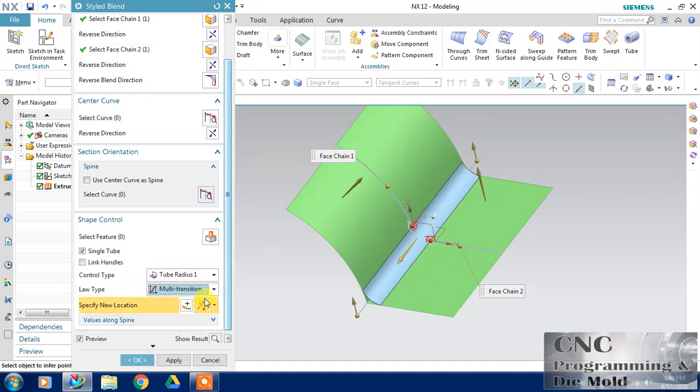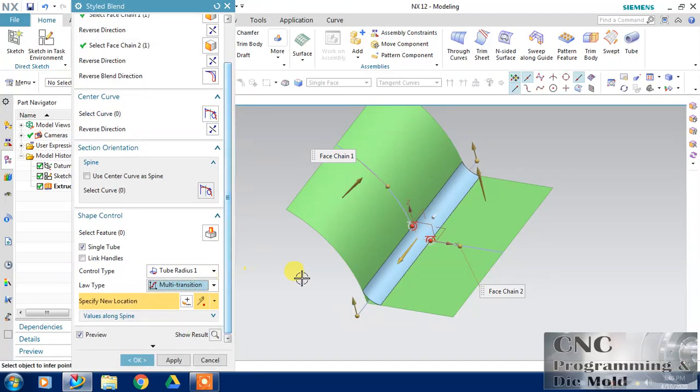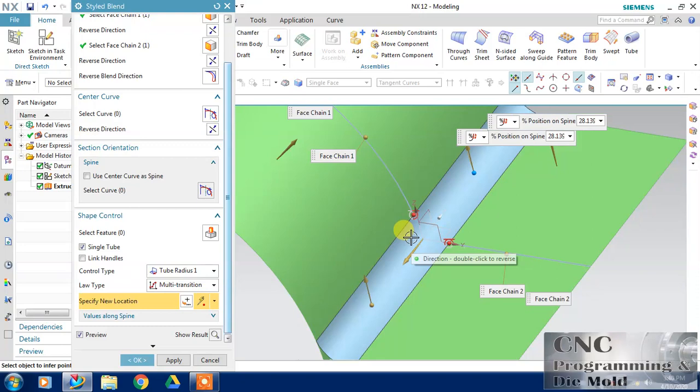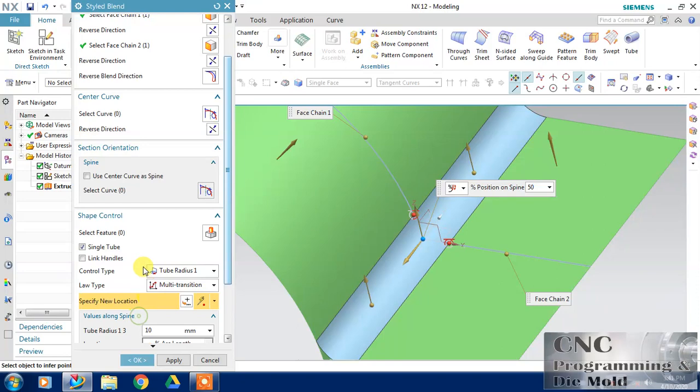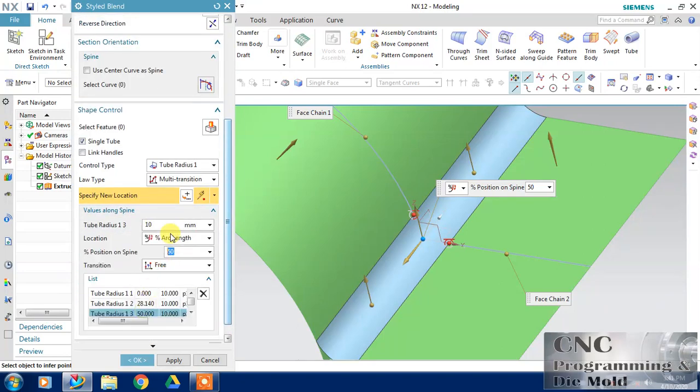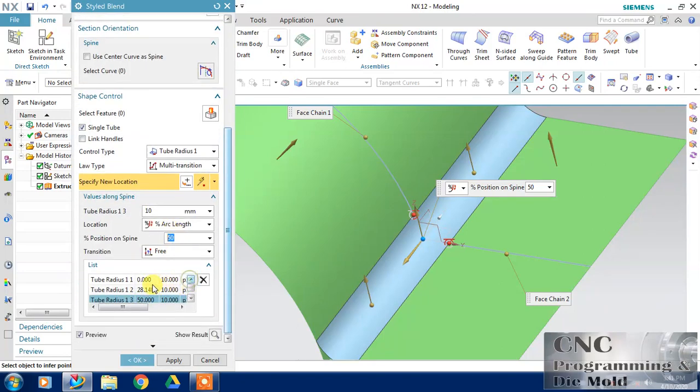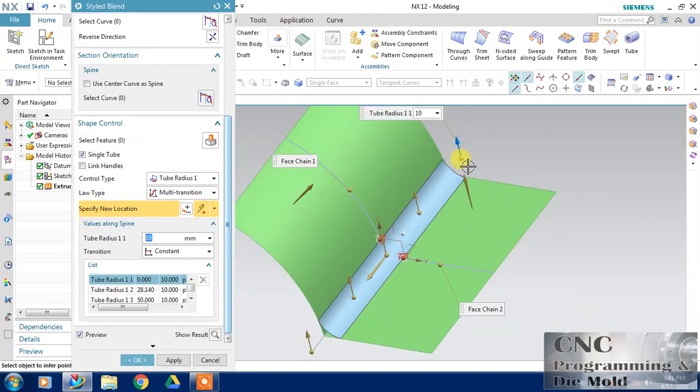And in multi-transition you can define 2-3 points, and one more point I like to click here, or you can define the percentage. Now first radius, this is my first radius, and how much you need.